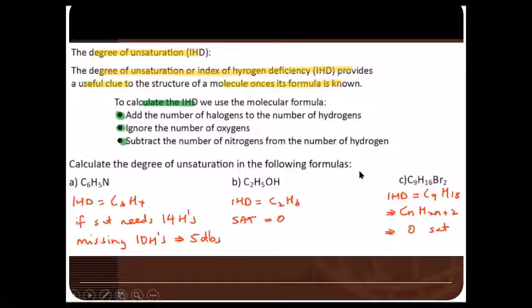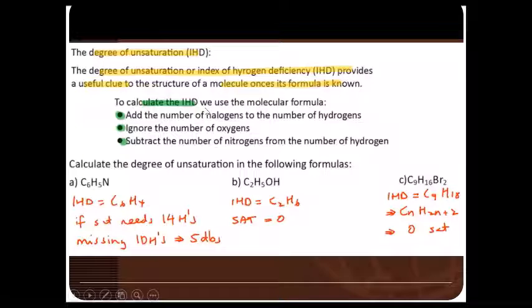Now, on this one, we're talking about the degree of unsaturation, also known as the IHD, or index of hydrogen deficiency. We need to be able to calculate this. The reason we care about it is that it gives us a useful clue to the structure of the molecule once its formula is known. It tells us whether it has double bonds or rings. Anyway, to calculate the IHD,